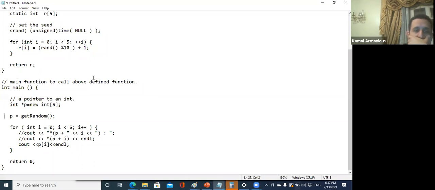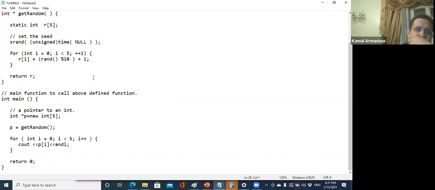Then I am calling a function called getRandom, and this function returns a pointer to an array of integers. Then all I do is print this array. I will repeat. The main objective of